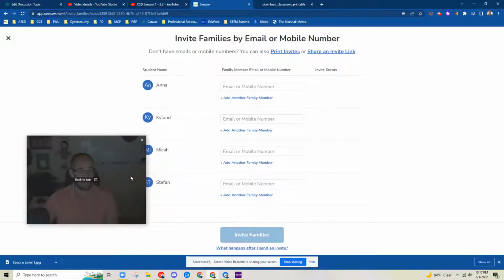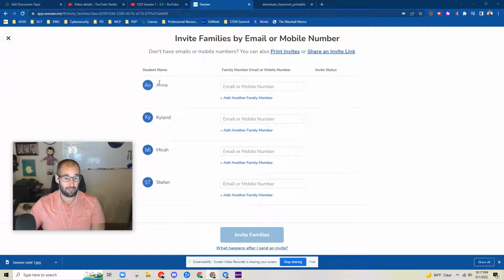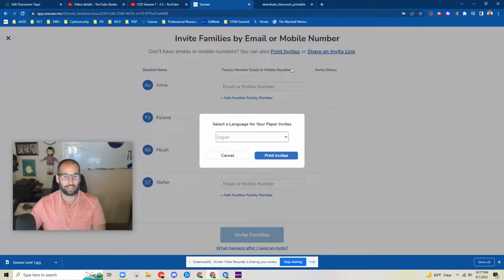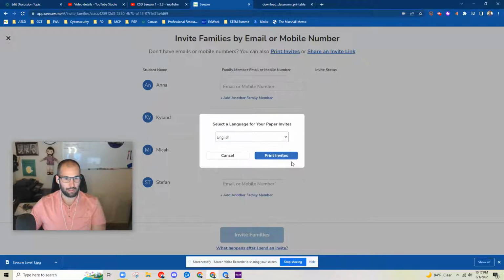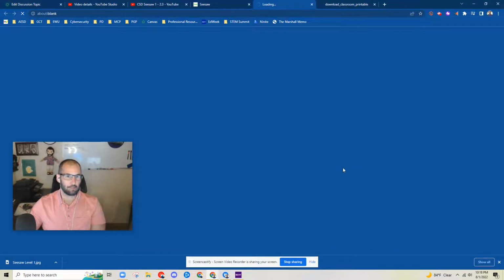Families are a little bit different story. So notice I've got these fake students in here. I would need the students' family members' email or phone number. If I don't have that, that is okay. I can come up here to print invites. You get all of these different languages here, right? Let's say I need this one in English. I go to print invites,